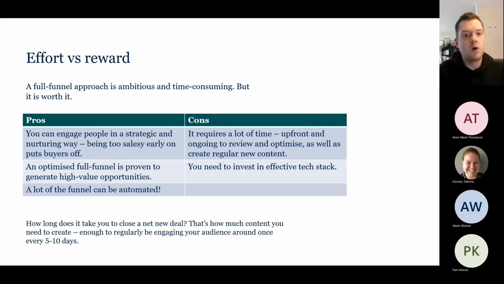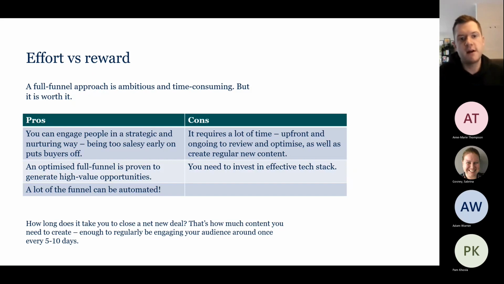Obviously, the effort and reward of a full funnel approach has pros and cons. It is important to weigh this up when you are thinking about, is now the time for us to go all in? Should we do things on a slower basis? The quicker you can execute a full funnel campaign approach, an integrated marketing approach, the better, because you'll start to gain insights and you can start to then optimize each of those processes. But again, don't break your back, don't overcomplicate things. If you've only got the capacity to do things slower, then do it slower. Just know that any opportunity to move things forward is going to be worth the investment.